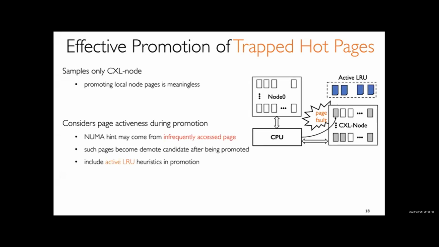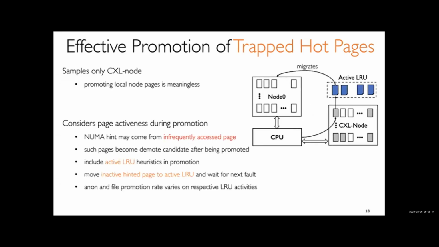But if the page is not in the active LRU, then after a NUMA hint fault, we will just move it to the active LRU. And then during subsequent accesses, if we find the page still in the active LRU, we will migrate the page to the faster memory tier. So this simple tweaking reduces almost 10 times extra traffic over the NUMA nodes because of this promotion ping-pong